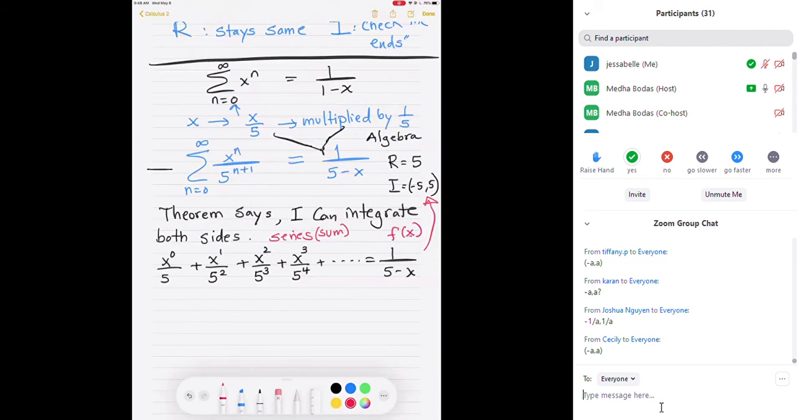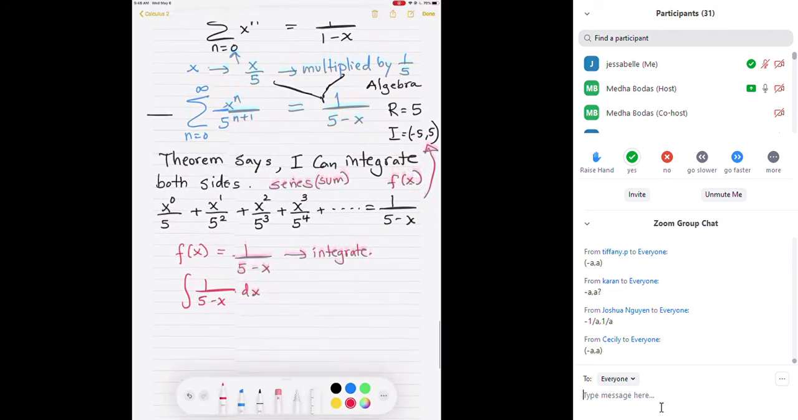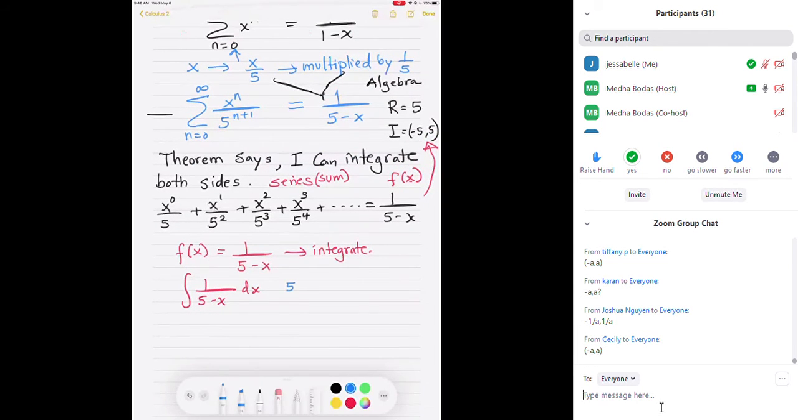So I'm just going to take one side of it. The f(x) is 1 over 5 minus x. Tell me, when I integrate this, what will I get? The integral of 1 over 5 minus x dx will be what? Let's remind ourselves: 5 minus x is u, negative dx is du, so dx is negative du. So after we do all of that, I'm going to get